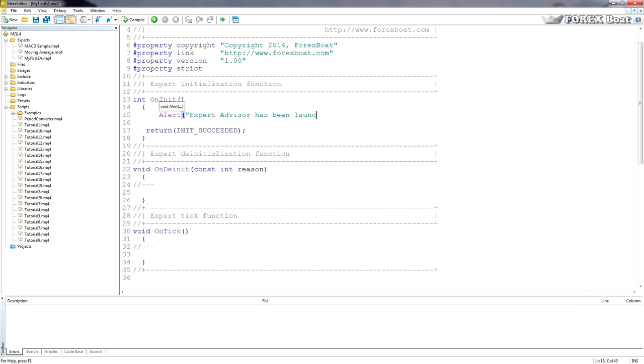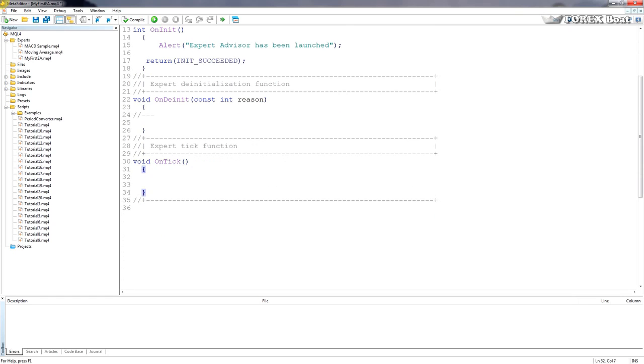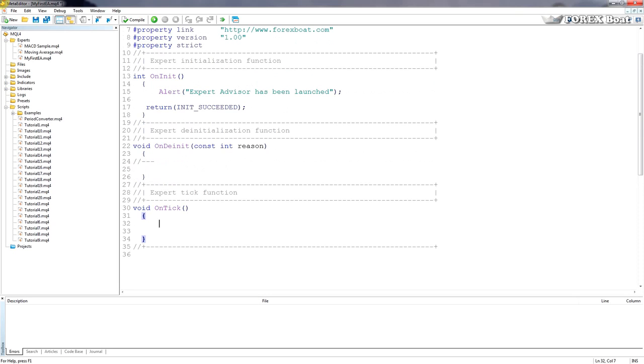Being launched. There we go. Then on tick, every time a new tick arrives, usually we'd have some analysis here, some sort of rule-based decision making, which we'll talk about in the next tutorial. But for now, we'll just also have an alert. We'll just put an alert in here, maybe telling the trader what the new bid price is. Bid price is,